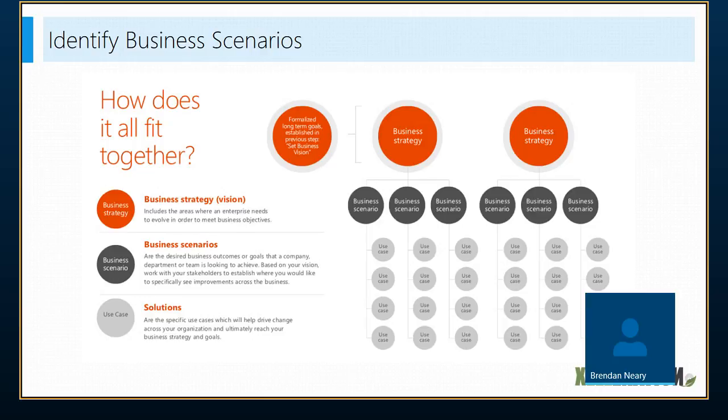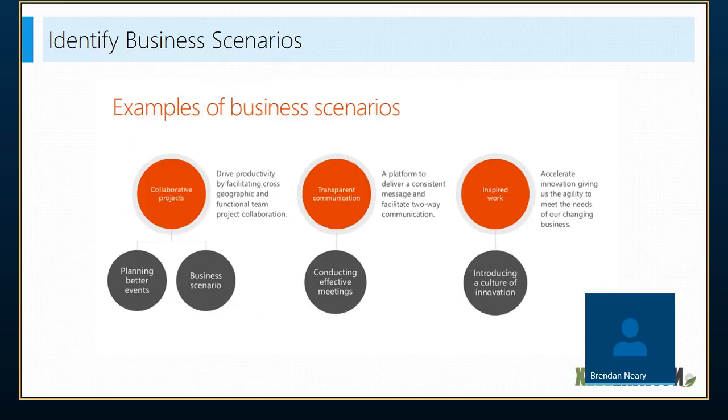The desired outcomes that each department or individual is looking to accomplish, but it's all aligning with that vision that you've built with those stakeholders that you've defined early on in this process. So again, business scenarios where you want to see specific improvement, and then the solutions are going to be the specific technologies that you're going to leverage in order to support improving those business scenarios that the end users are looking to accomplish. So with that said, why don't we take a look at a few examples